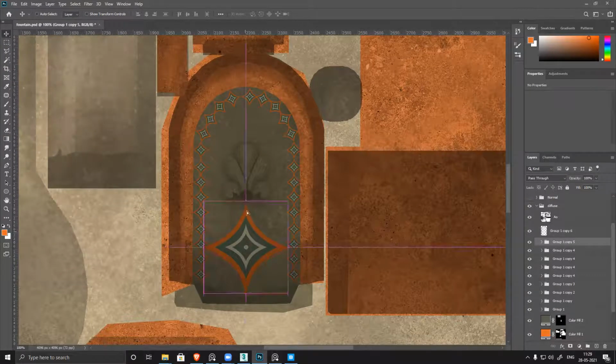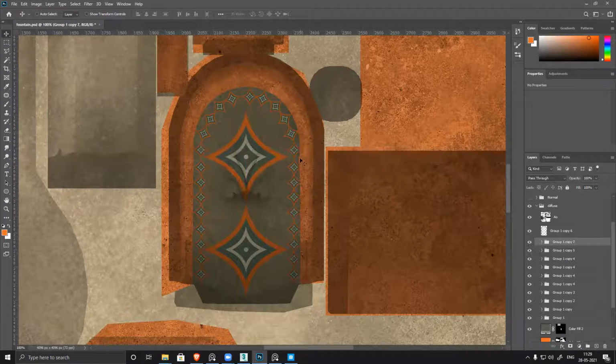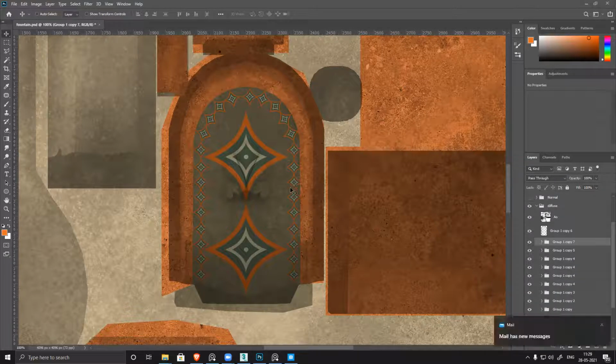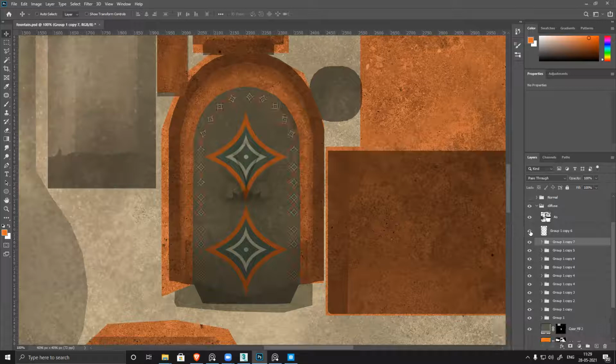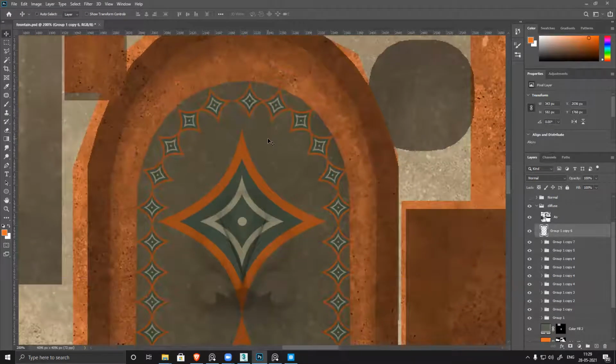Though it looks a bit random and odd. This. Now it's not centered, you can see clearly.